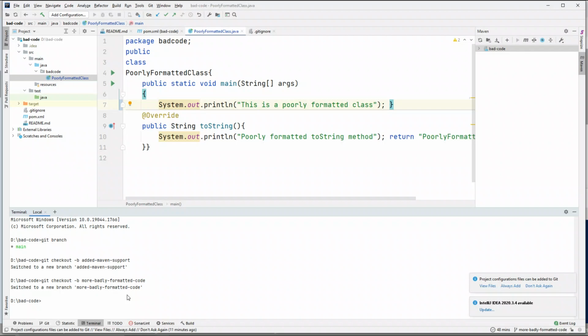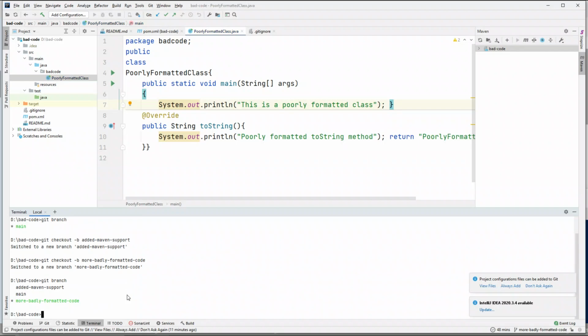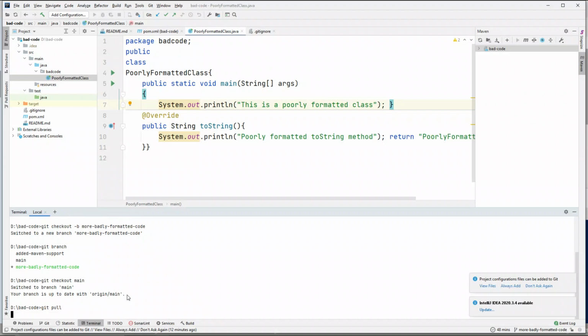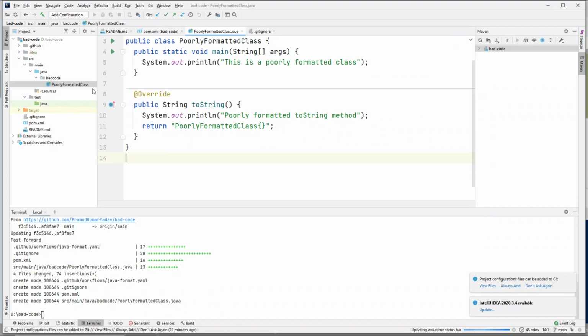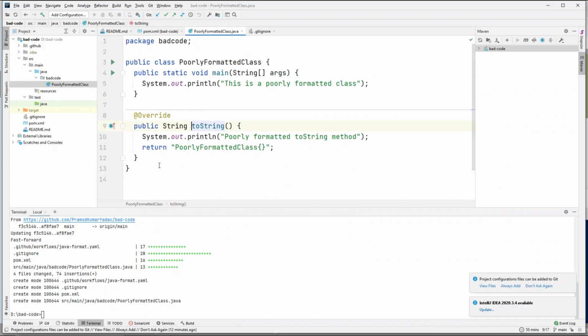So let me just do a git branch, git checkout main, and let me pull the branch. Okay, and if I click on this class again, everything looks well formatted. And I just want to give one more try and see if everything is working fine or not. So I'll just make some more formatting errors, and I'll say git checkout branch, and it says one last trial